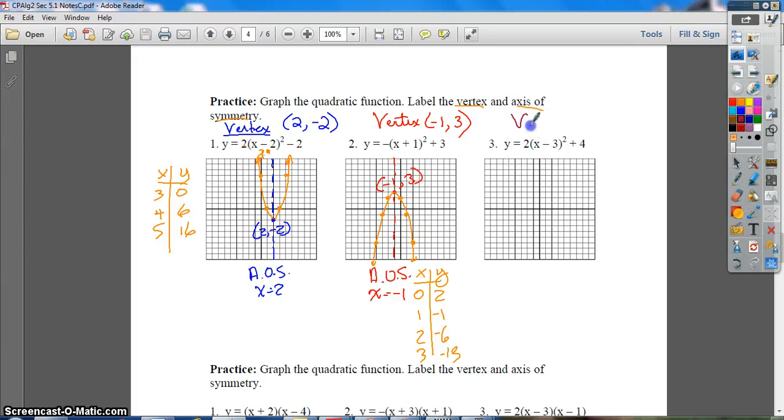All right. Last but not least, vertex here. Let's do the opposite of this guy, positive 3, keep 4 the same. So I'm going to go over 3, up 4. And I'll label that in a second. Got my axis of symmetry here already, which is x equals 3. This parabola is opening up, so this will be